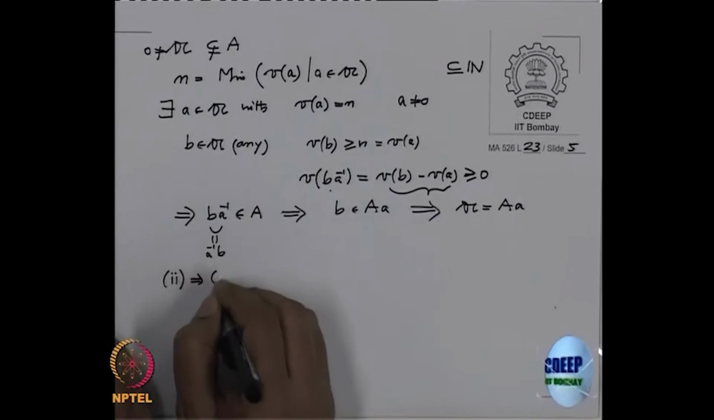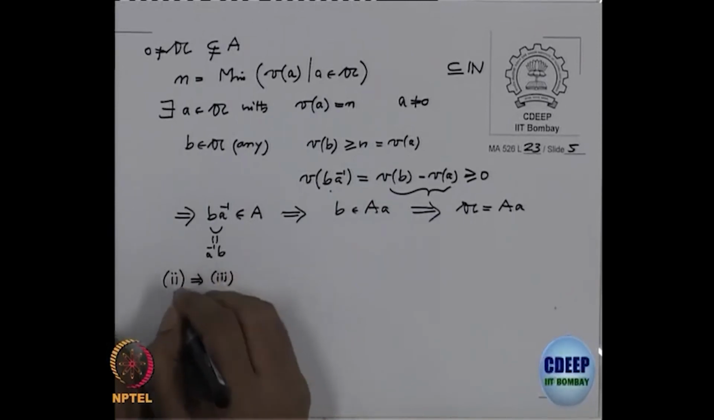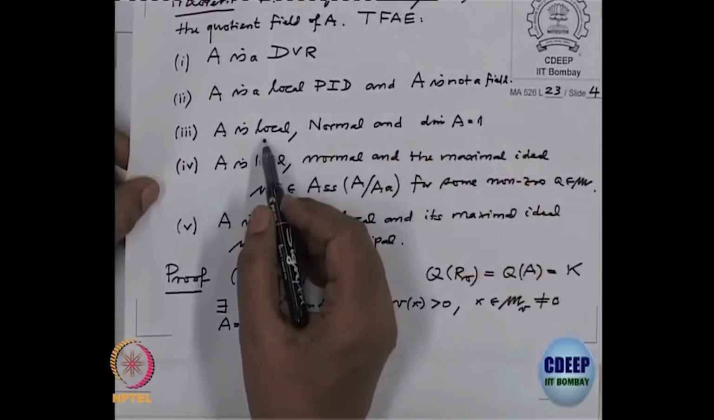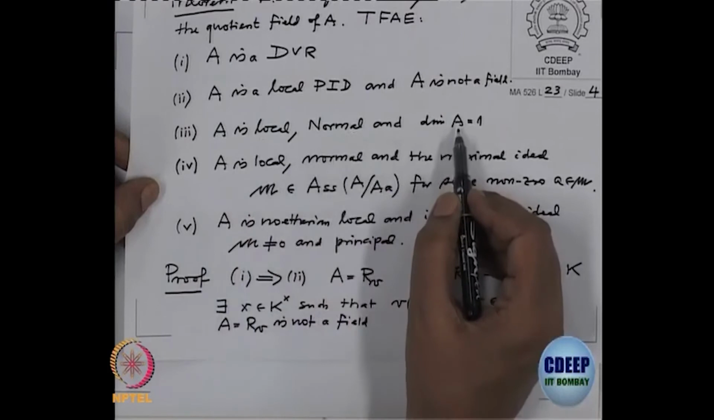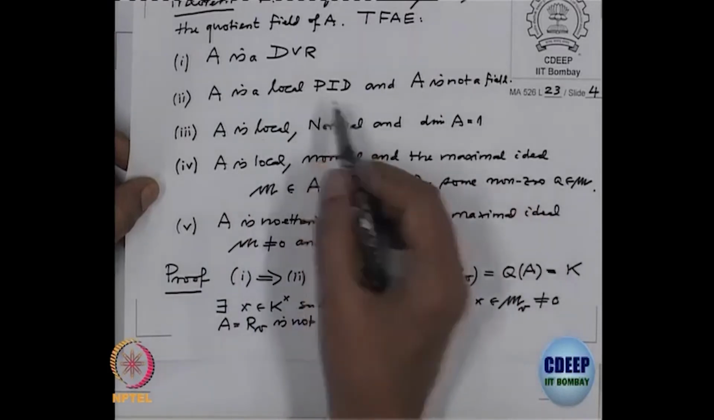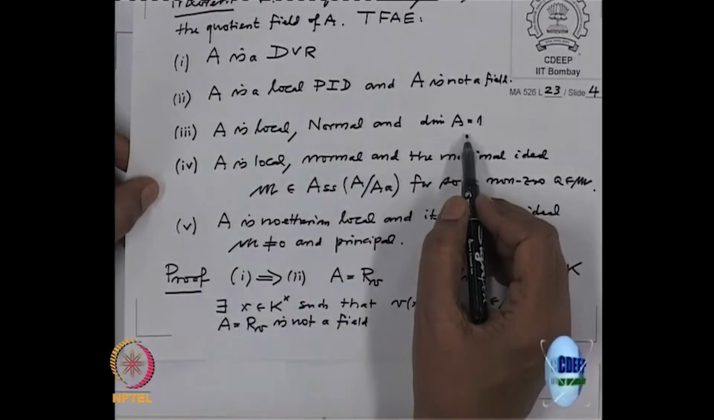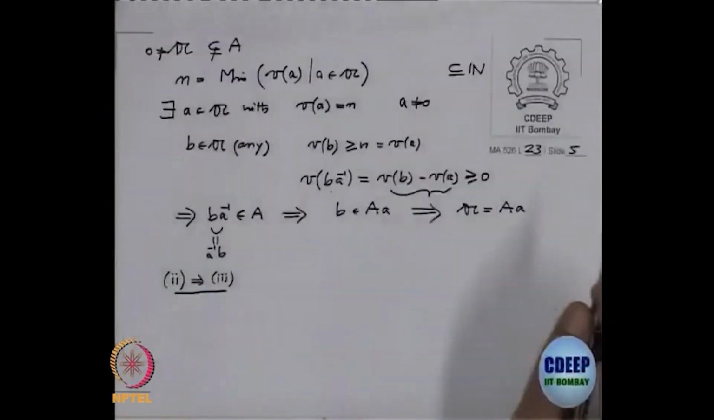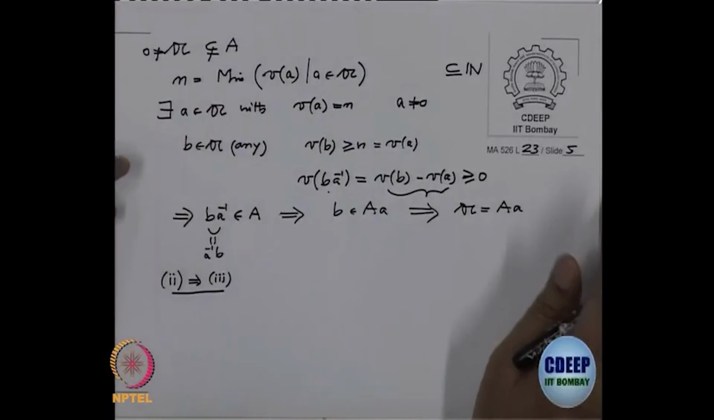2 implies 3. So, what is in 2? What is extra? Local PID, not a field, local it is there. Now, I want to show PID, therefore, dimension is 1. Now, I only have to show it is normal with this assumption. So, that means I want to show it is